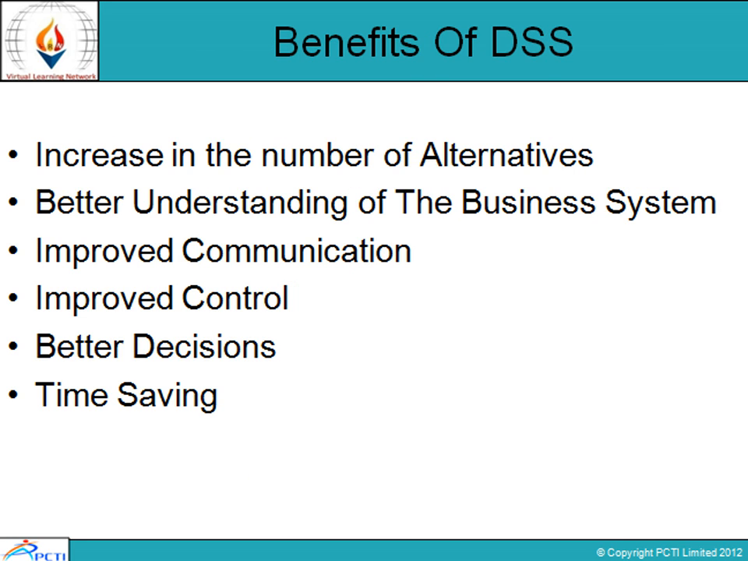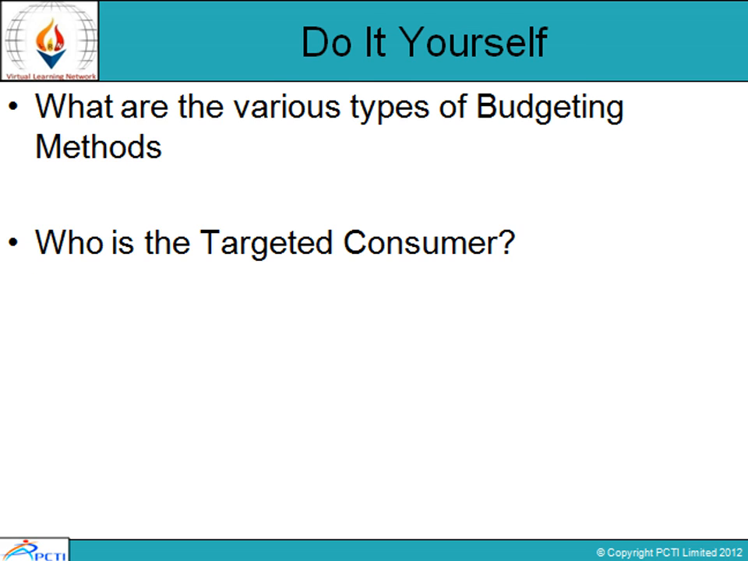When we talk about the benefits of DSS, it helps in increasing the number of alternatives. Secondly, it gives a better understanding of the business unit. It helps in improving communication across the organization, and it helps in better decision making in optimal time. There are two exercises. What are the various types of budgeting methods and who is the